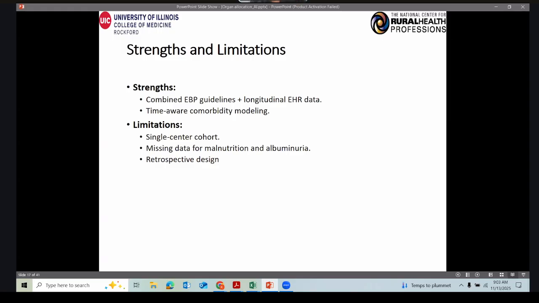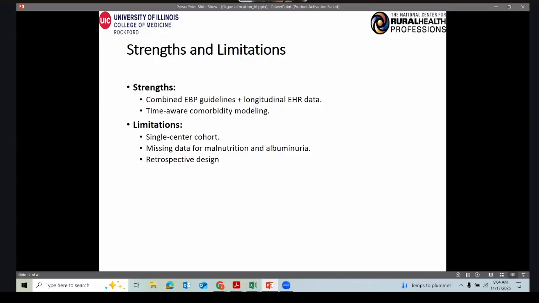Next, let's discuss the strengths and limitations of our first work. Starting with the strengths, one of the key advantages of this work is that we combined evidence-based practice guidelines with longitudinal electronic healthcare record data. This means that we didn't just rely on the statistical trends in the registry data. We grounded our modeling in clinically validated criteria, such as how comorbidities are actually defined and managed in practice. By integrating an evidence-based practice framework with real-world electronic healthcare data, we were able to ensure that our findings are both